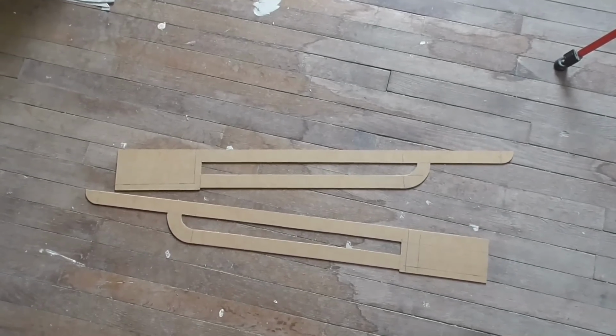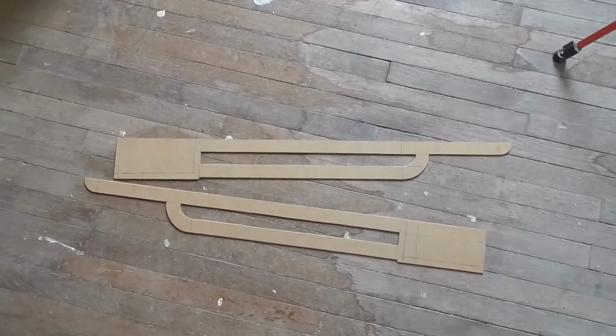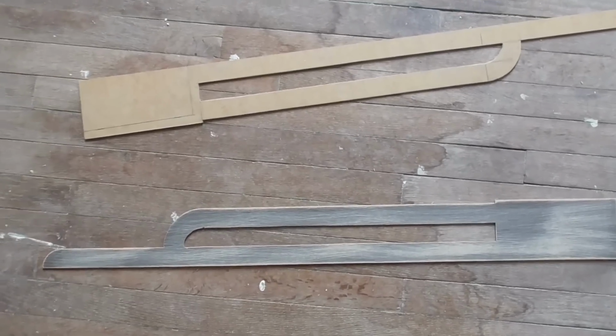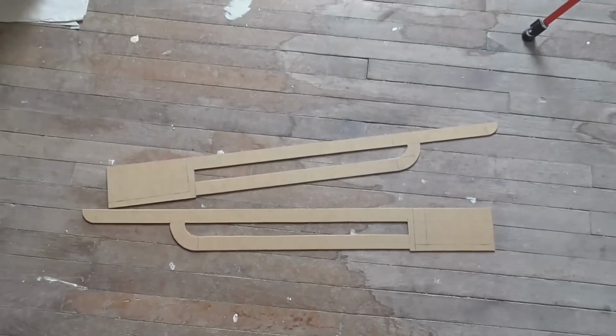What I have here is 2 shapes that I've cut out from offcuts from the back of the wardrobe. If I turn them over, you can see they're the grey backing of the wardrobe from where I've cut it down, and I'm going to stick those above the top